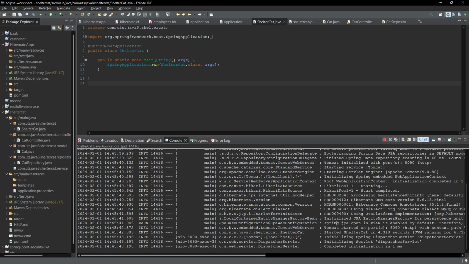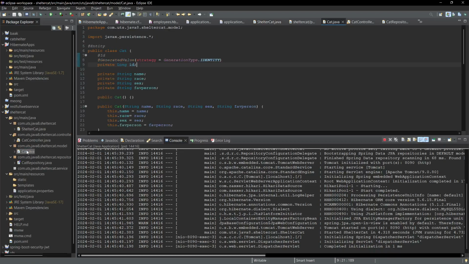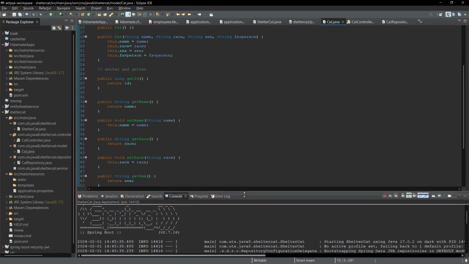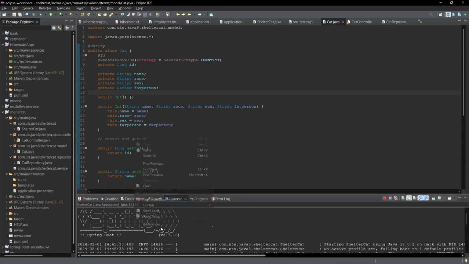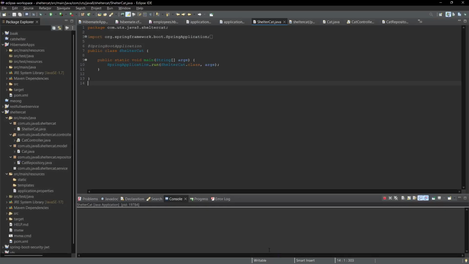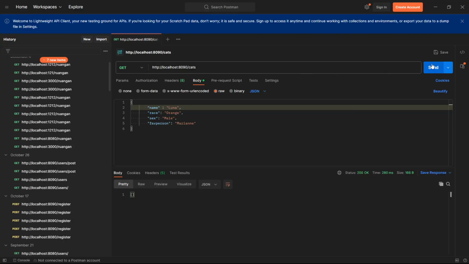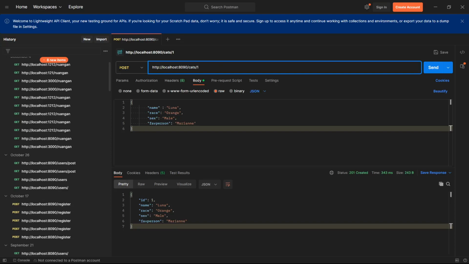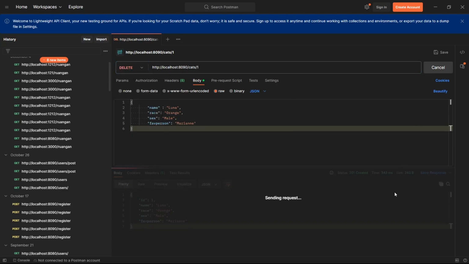I already fixed the error. The main problem in the program is we didn't declare the long ID in here, and I already made it auto increment in the database. So we continue to run again, and as you can see, it's already worked. Post, and there you have it. If we delete, then